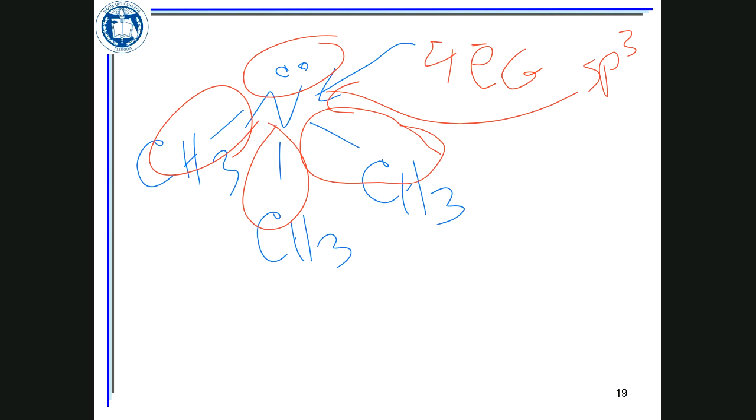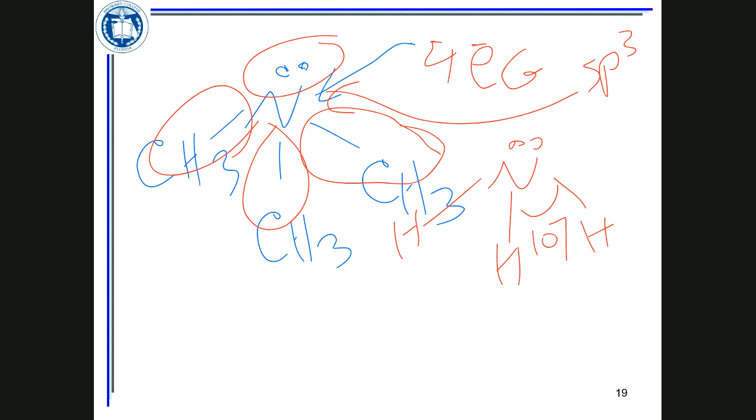Now, for ammonia, when they measure the bond angle, it's not 109, it is 107. After they solved all the problems for the bond angle, because the valence bond theory could not explain it, hybridization could explain, then they look at this. Okay, so how come it's 107 and not 109? Then they have to justify this.